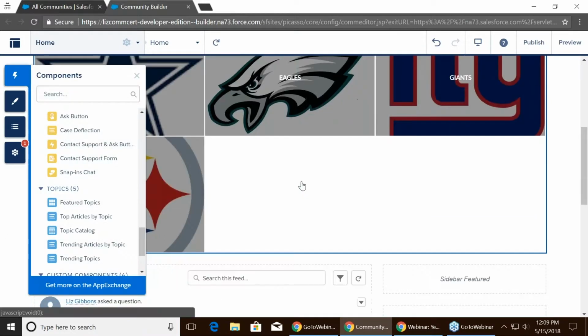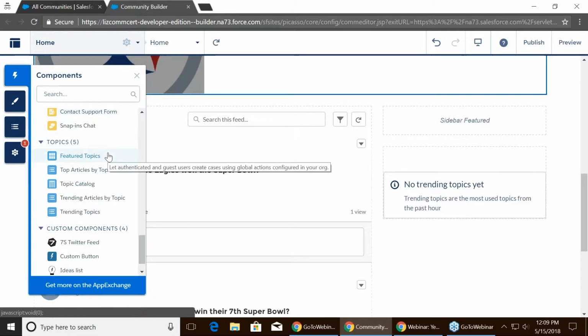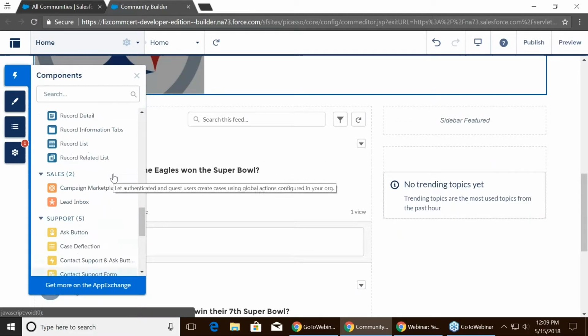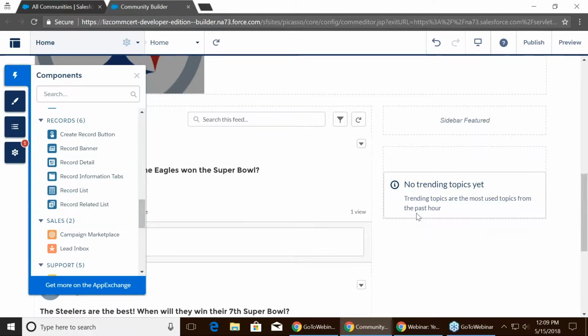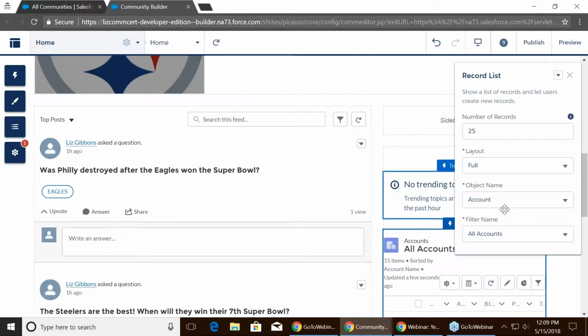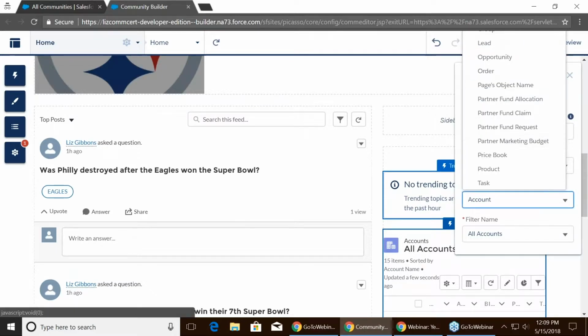We can add maybe to the sidebar, if we want to show all of the cases that a user has open. So I can pull in a record list, drop it here, and then I'm just picking out the name of